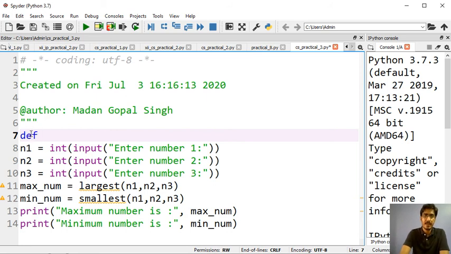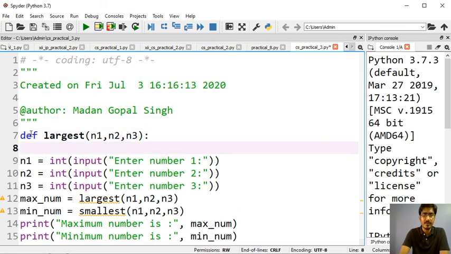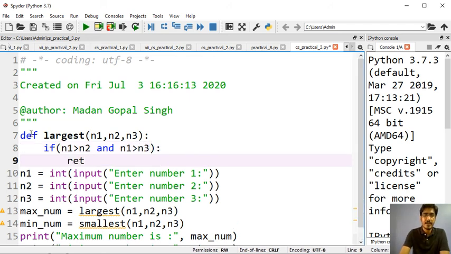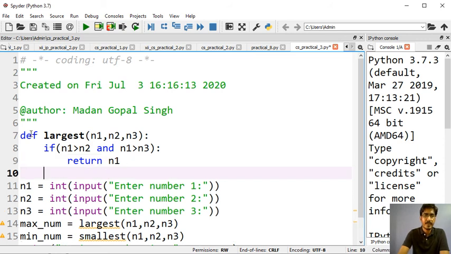Okay, now we will write each definition. Def largest, I will take 3 inputs, n1 comma n2 comma n3. You might have any different name also. If n1 is greater than n2 and n1 is greater than n3, that means return n1.